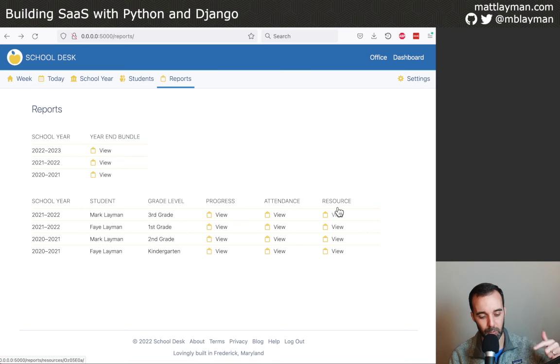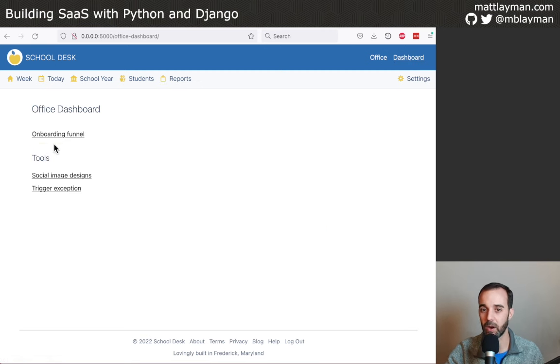But it would be really annoying, in my opinion, if our process for working on these PDFs was build a PDF and put it in the zip archive and click this button and download it and extract it and so on. That concept is going to be frustrating. So instead, what I'm going to do is take advantage of some custom UI that I've built for myself as the primary administrator, which I call my Office dashboard. And this Office dashboard has just a couple of tools in it right now,